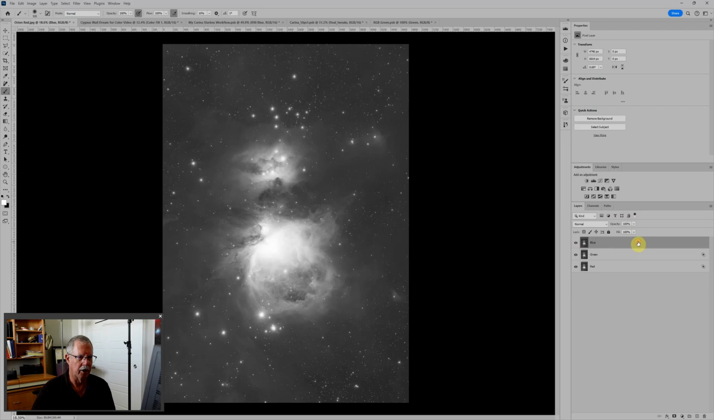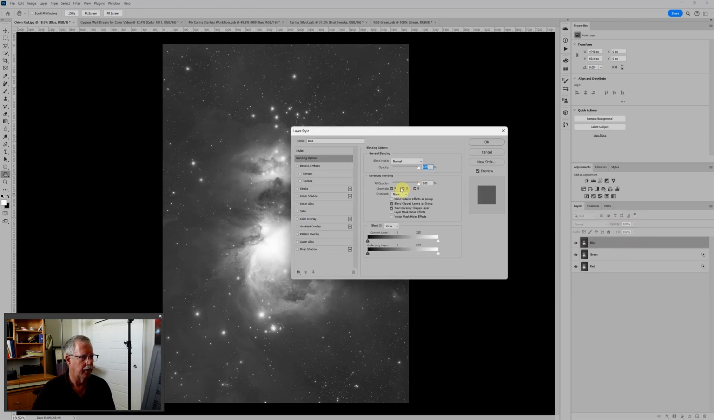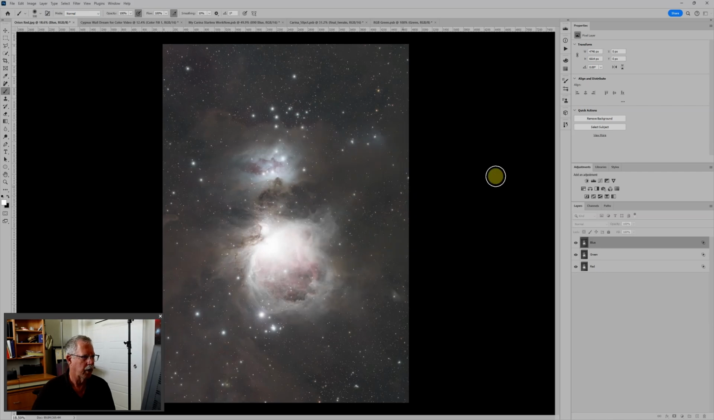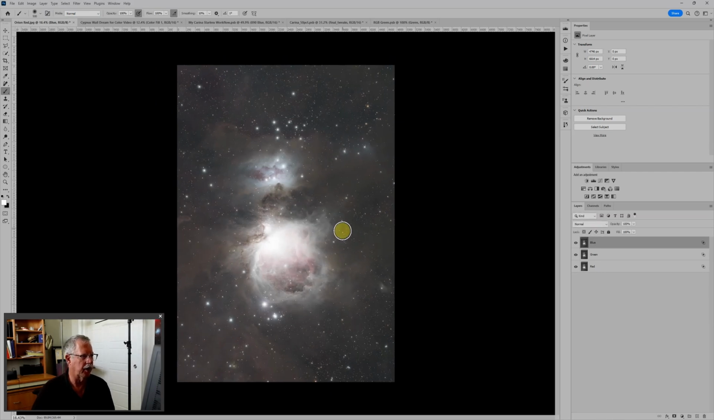So let's double click on the blue layer. We want to turn off red and green. And we now have that same full color image where the red is coming from the red layer, the green is coming from the green layer, and the blue is coming from the blue layer. So that's a very quick, easy way of getting just red, just green, and just blue, and putting that into